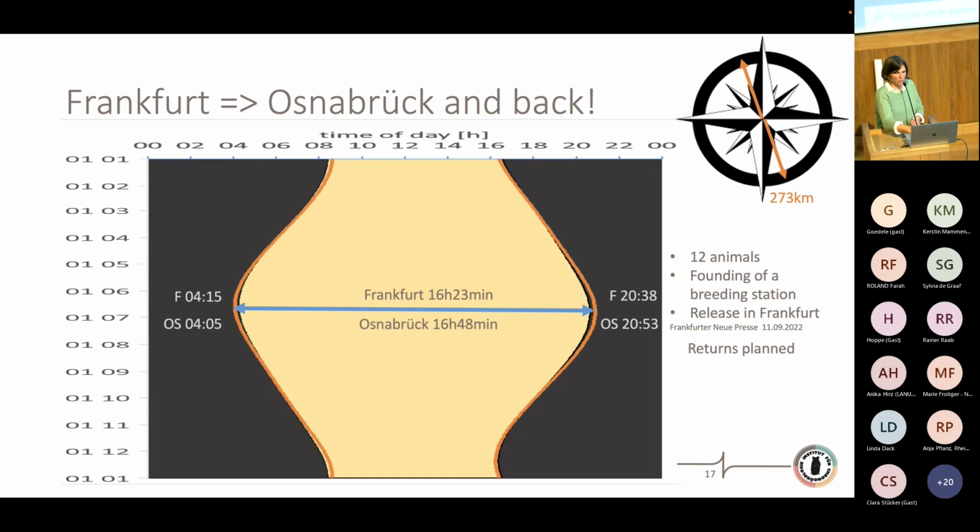Next example was from Frankfurt to Osnabrück. No problem. In Osnabrück, the photoperiod is way larger than in Frankfurt, and also sunset time way later. However, these animals should come back. They should be released in the Frankfurt area. And this is not possible unless you go to